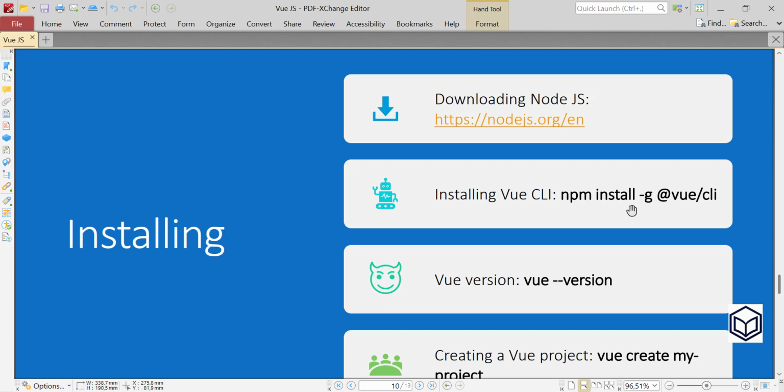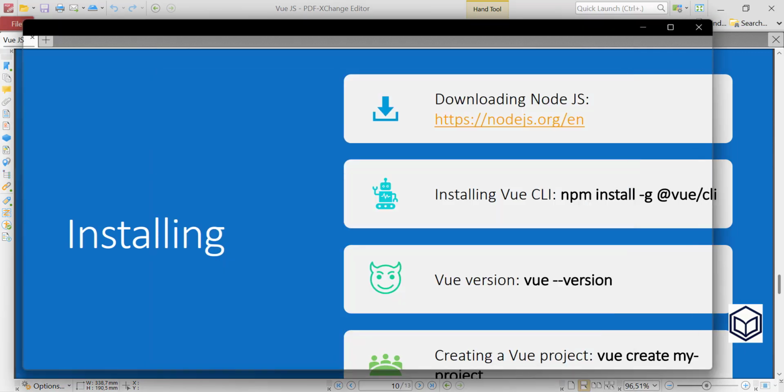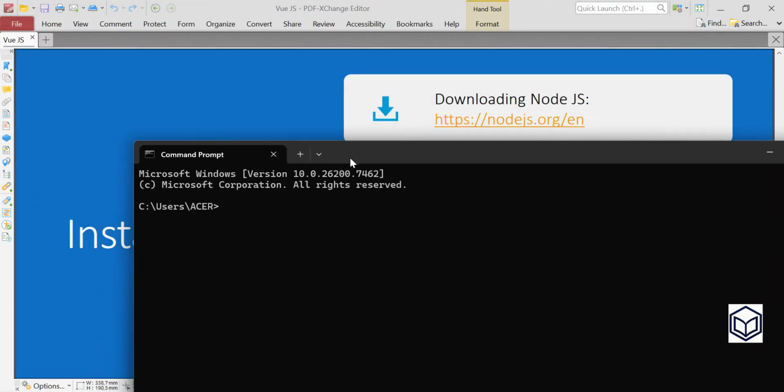I want to explain in the command prompt. My laptop has already installed Vue.js, so I don't install it anymore.